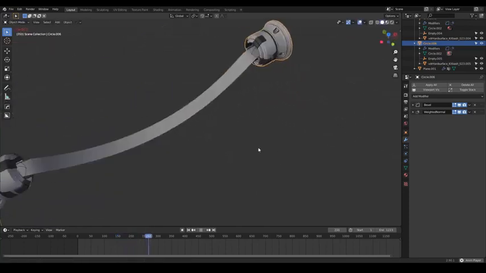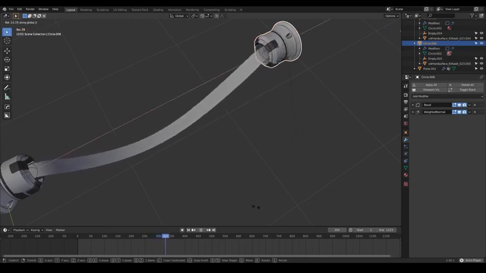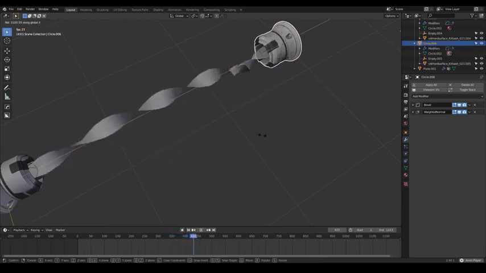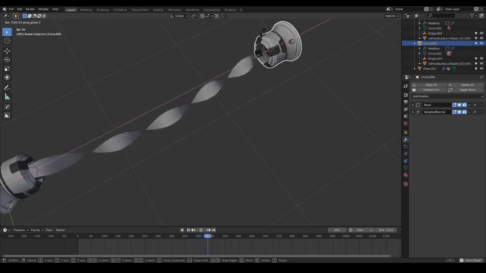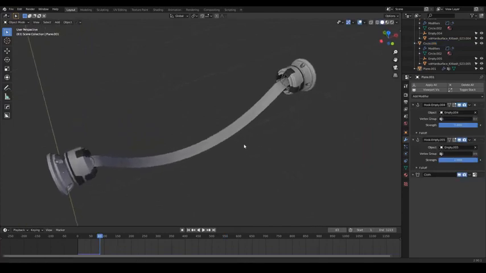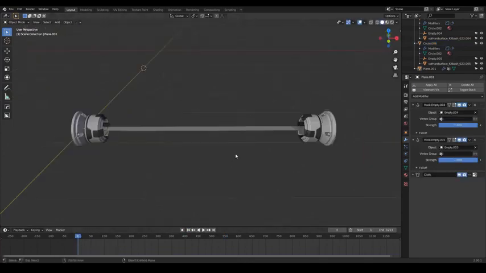Oh, and you can do really nice things like rotate that and make like a DNA thing here. That's really cool. Okay, back to the thing. I'm going to the first frame, and now I'm going to import my complex cable or my high poly cable,